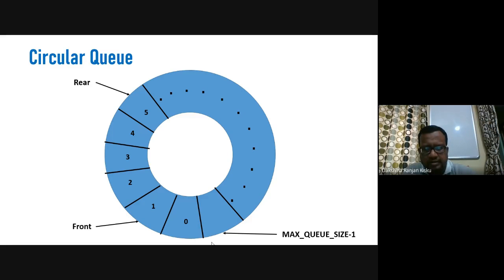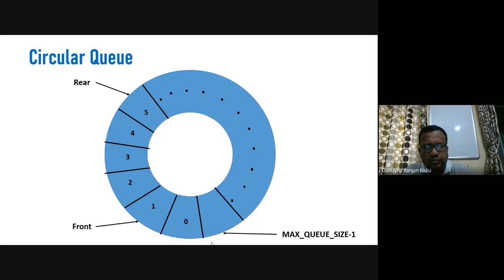Now, since the maximum size of the queue is reached, we can insert the new elements at the beginning. That means we have four available positions, and these four available positions can be utilized to insert the new elements. Okay. So this is the advantage of the circular queue over linear queue.